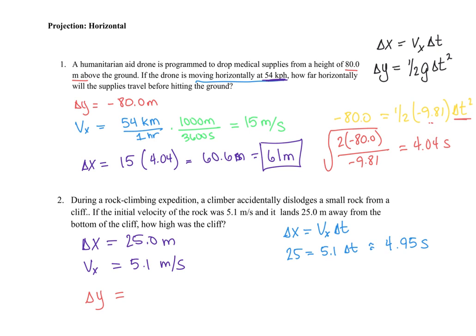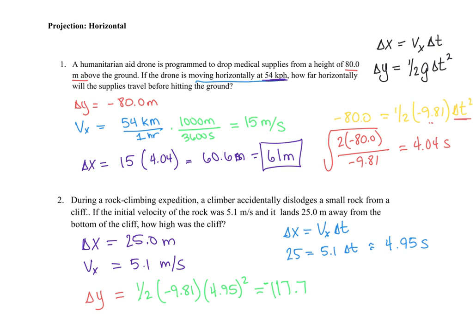So now we're going to use that gravity problem. We know that it fell for 4.95 seconds before it hit the ground. So then my change in y is going to be 1/2 times my gravity times my 4.95 seconds squared. All right. So when you do this problem, I think you get like 117.7, something like that. I don't have it written down. Approximately 117.7, somewhere around there. Technically you get negative,